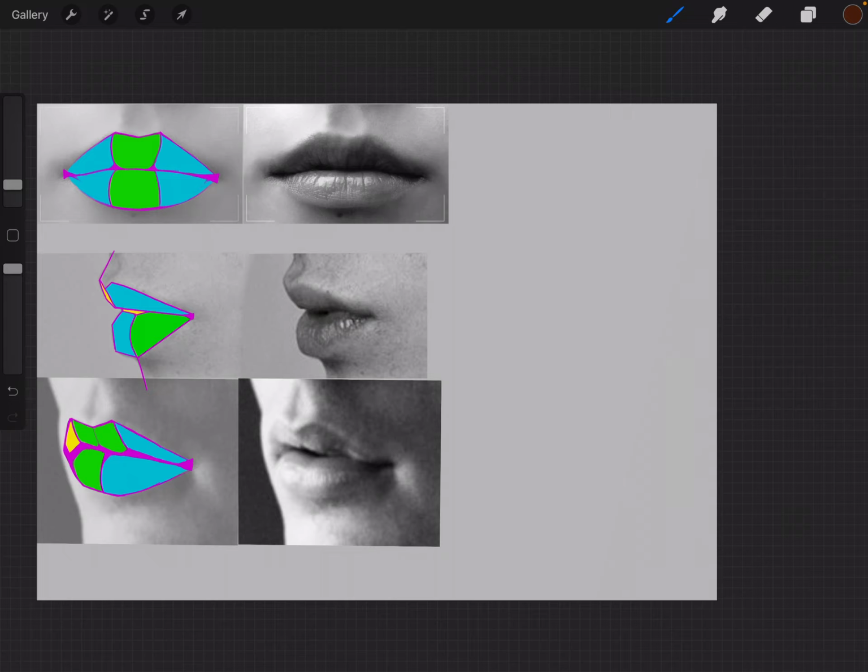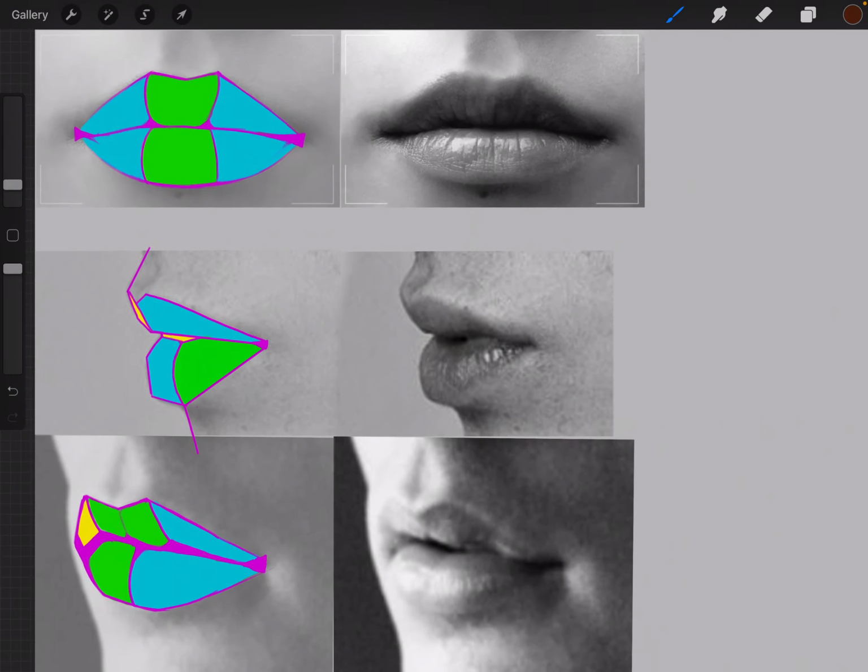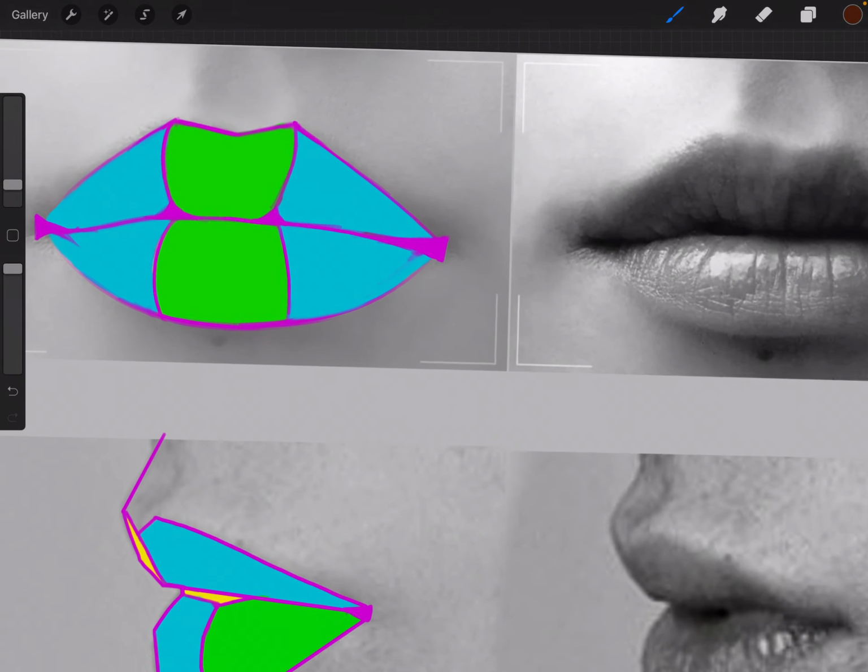Today we are going to be discussing the planes of the leaf. We are going to be breaking down the planes of the leaf into different shapes, and seeing how we can simplify the leaf into shapes so that we can easily draw them. So we're going to start off with this